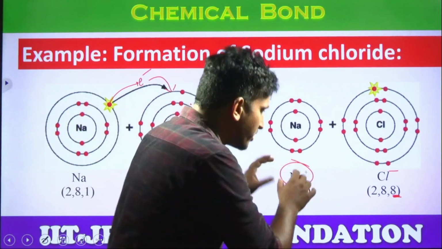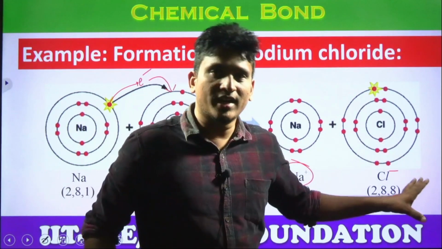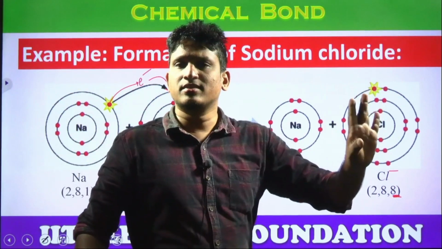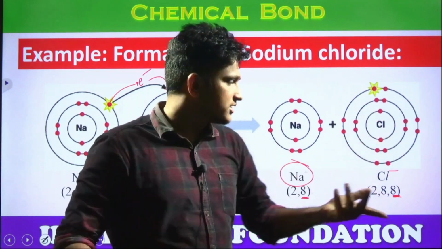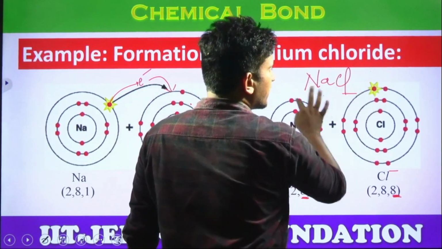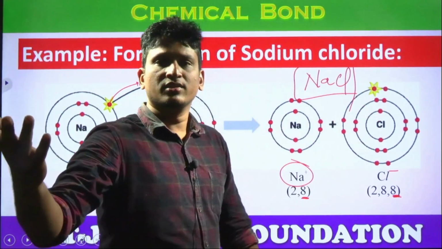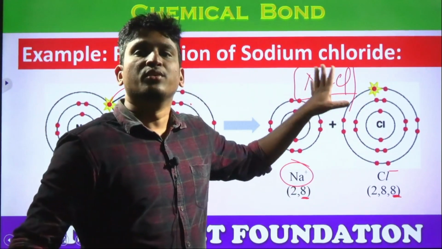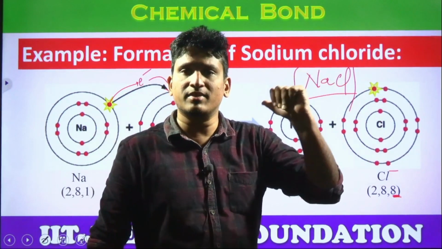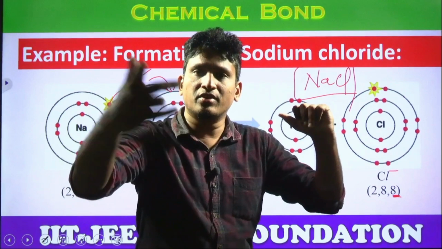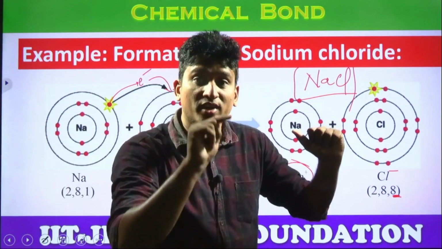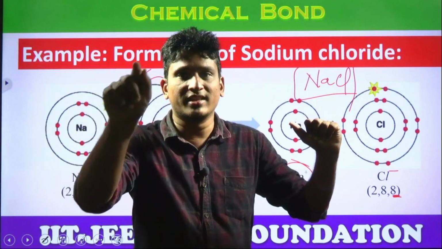Understood? So this sodium ion combines with chloride ion in what ratio? 1:1 ratio. 1 Na plus, 1 Cl minus. +1 -1 equal to 0. Then how to write the formula? NaCl. Are we representing any charge on this molecule? No charge. Why? It is already a neutral molecule and it is already a stable molecule. When did it get its stability? Sodium lost 1 electron, chlorine gains an electron. Stability. When do they get the neutrality? This sodium ion combines with chloride ion, then they get neutral.